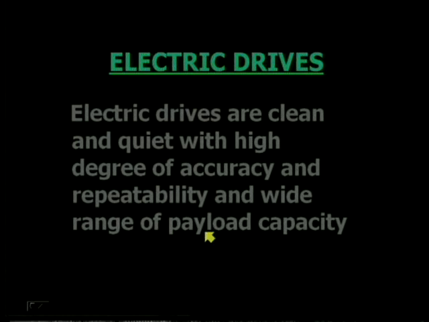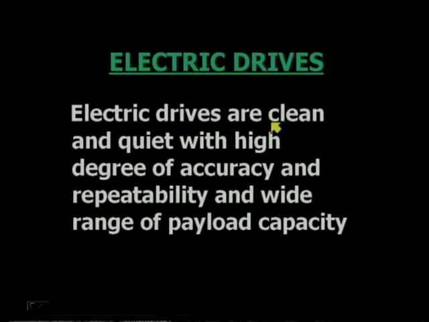You just see the electric drives. Electric drives are clean and quiet with a high degree of accuracy and repeatability and a wide range of payload capacity. So, electric drives are especially quiet in operation and high precision, and at the same time they have high payload capacity, and the range of payload capacity is more. So, let us see the hydraulic